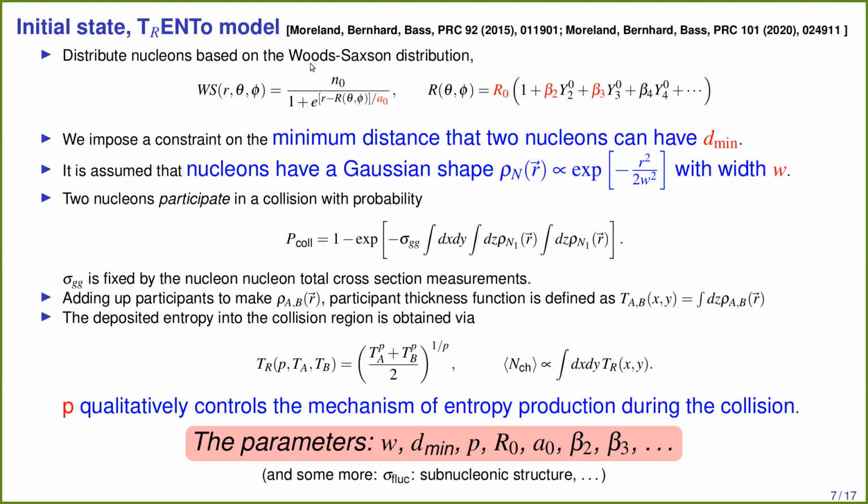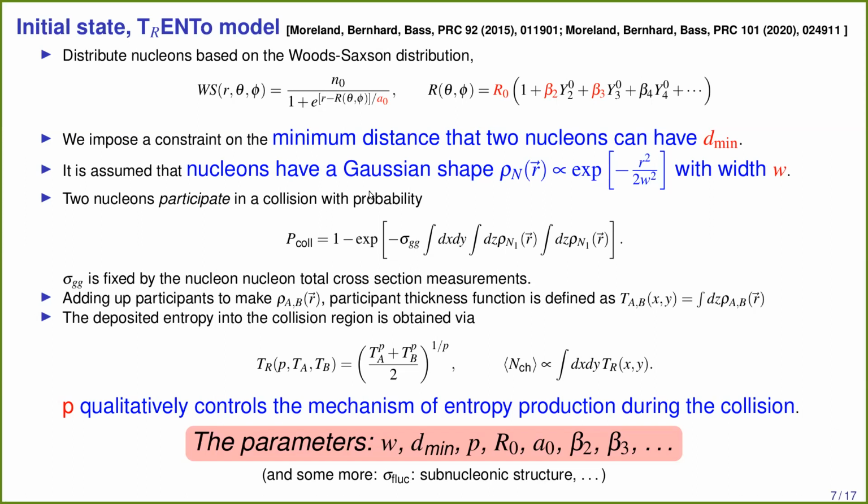So we can use this Woods-Saxon distribution and then distribute nucleons inside the nucleus, randomly, with this constraint. Also, the nucleons' radial distance cannot be smaller than this number, this minimum distance between the two. And also after,